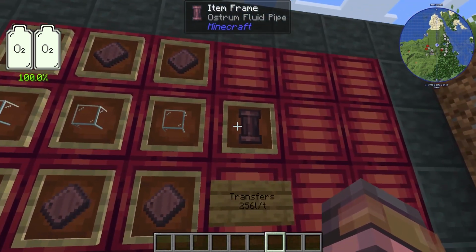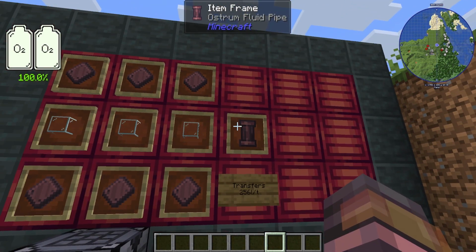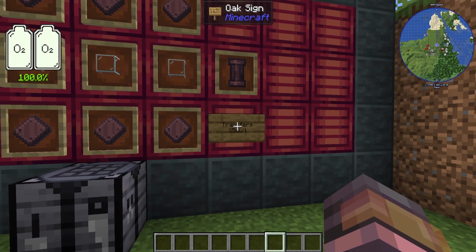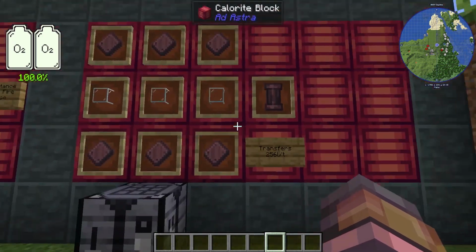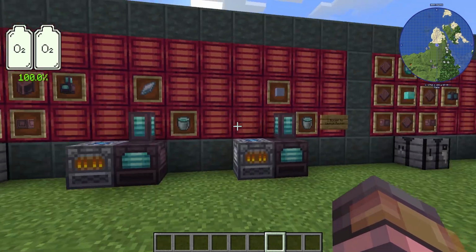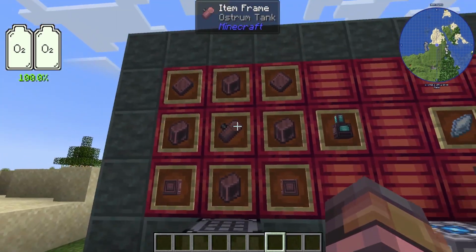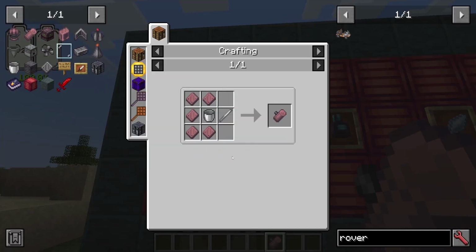Another direct upgrade is the Ostrum fluid pipe. This allows you to basically transfer 156 buckets or litres per tick instead of the usual 128 that you have with dash pipes. However, there are some new machines. The first one is the Cryo freezer, made with an Ostrum tank, which is simply made like the other tanks